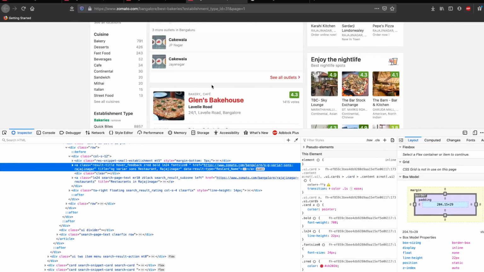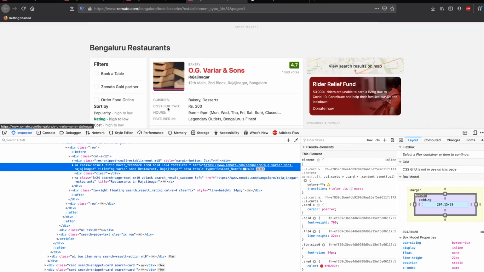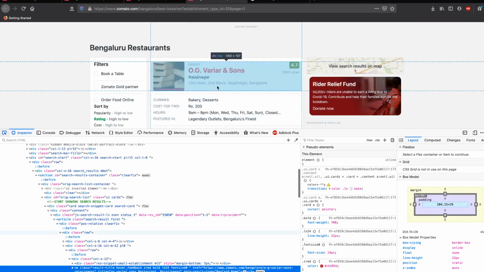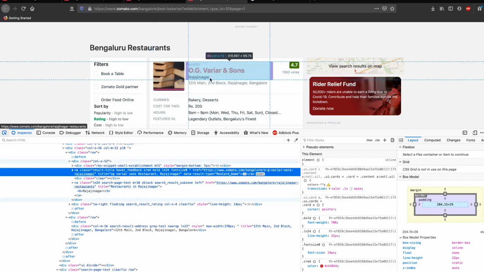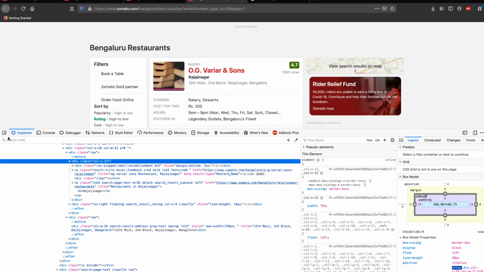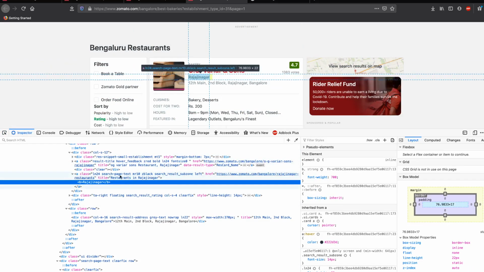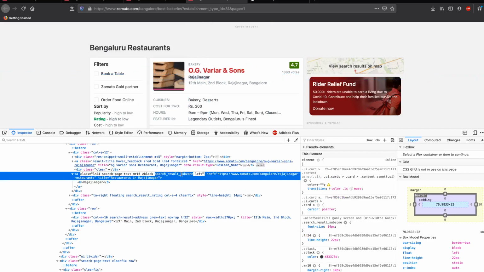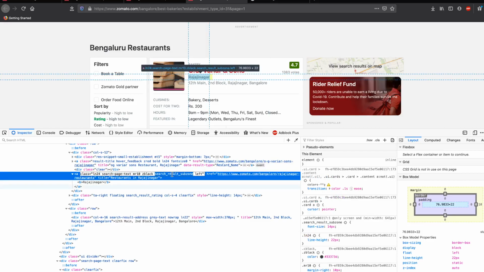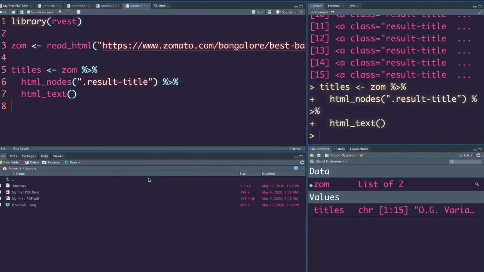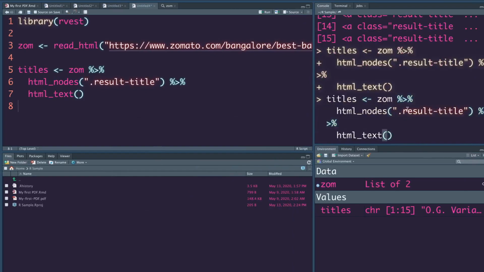So the next thing that we wanted to see is, let's collect the area name. So the main area, which is LN24, search result subzone. Let's try with search result subzone or LN24. Okay, let's try that. Let's try LN24.